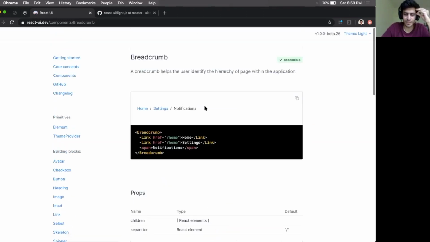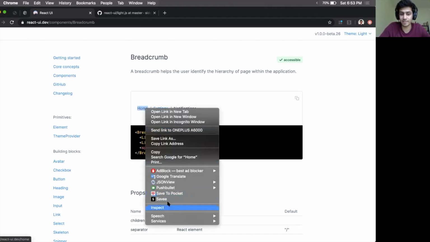For example, breadcrumbs. This component is accessible, and there are multiple layers of this. There are so many kinds of accessibility. You have something like vision: are the contrasts good enough? Is there enough separation between them? If somebody is vision impaired and they're using the screen reader, do we have the right tags so that things are correctly announced?